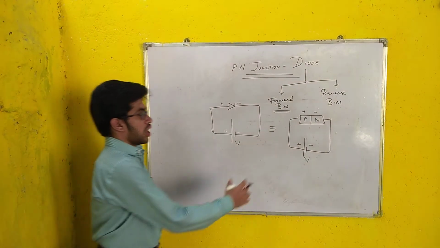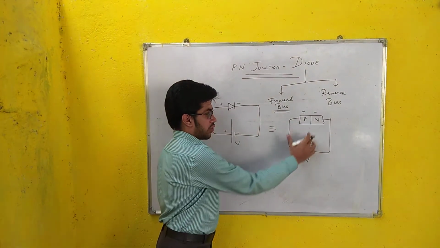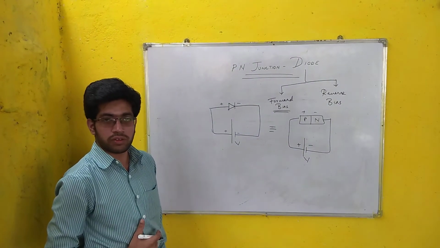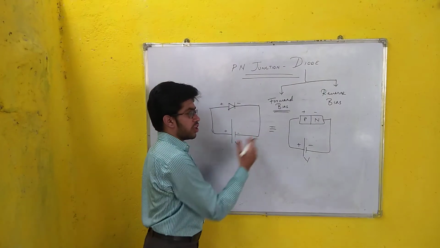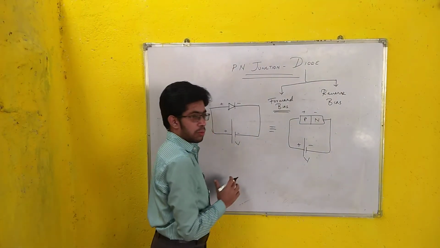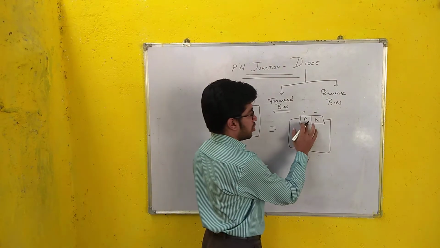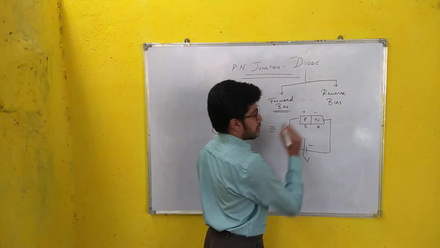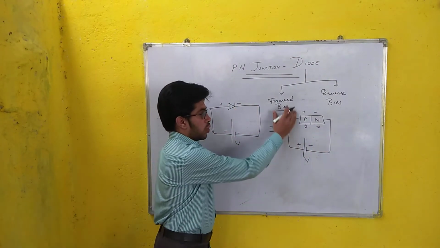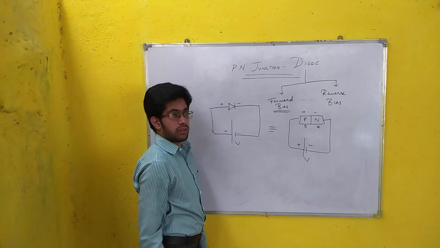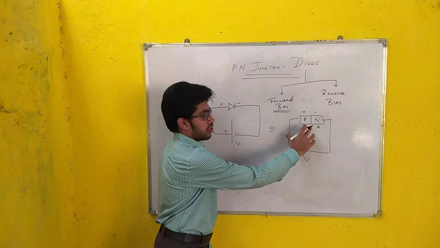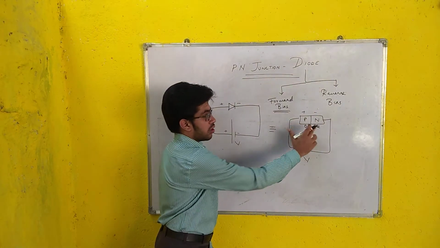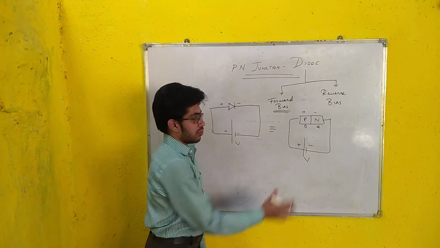Now, as you know, positive connected to positive and negative connected to negative is referred to as forward bias. Now coming to this part, we'll study the operation. When a voltage is applied, the majority carriers in P type are holes, and in N type are electrons. When a diode is subjected to forward bias, the majority carriers will move: holes of P will move towards N,